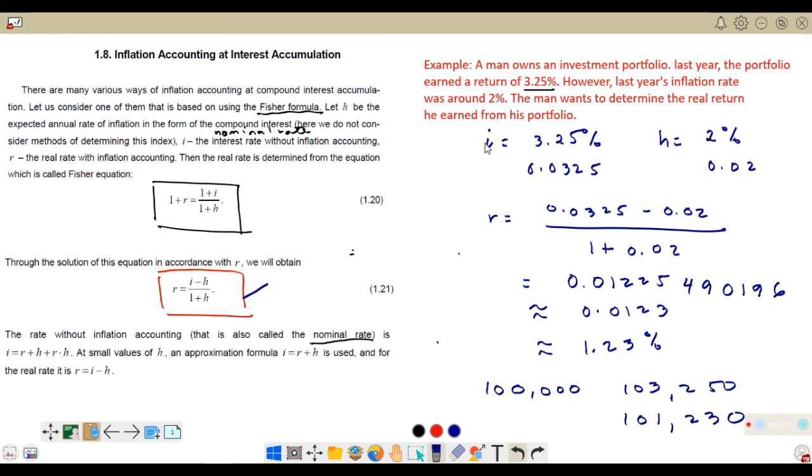Kasi constant naman to eh. Kung ano yung nominal rate mo from before, hindi naman siya pinapasukan ng inflation rate na, kumbaga, okay, nagkaroon ng inflation rate, ako na si bangko, tataasan ko rin yung interest niya so that makaka-comply ako dun sa 3.25% na interest niya. No, hindi. So, yung interest rate na nominal, diretso yun, constant yun on most banks. So, hindi nila yun pinapasukan ng inflation. Okay? So, saan useful tong inflation?